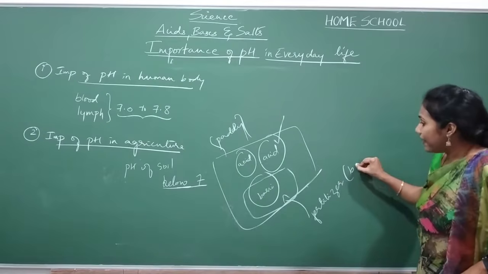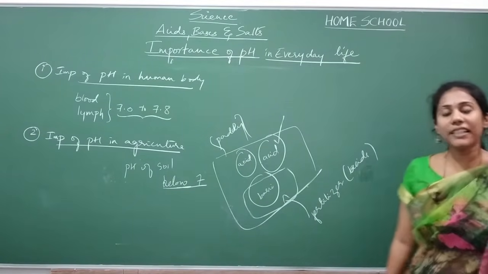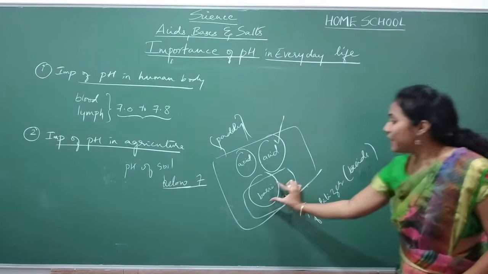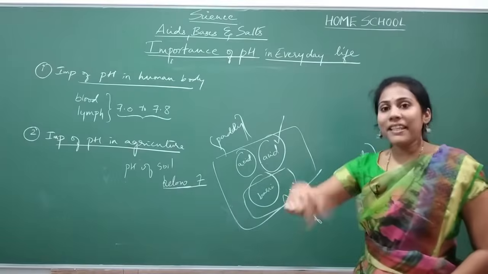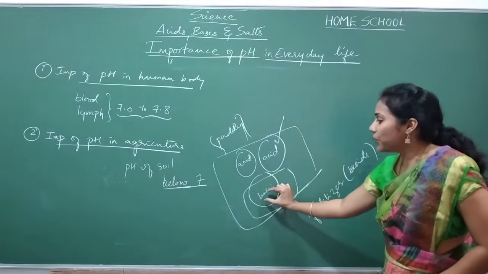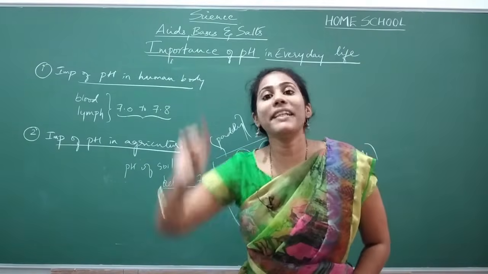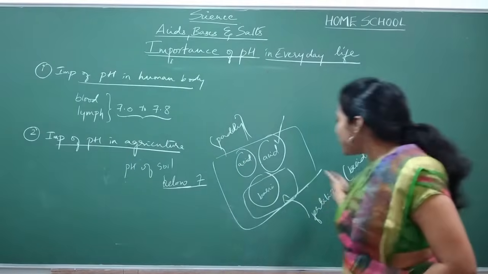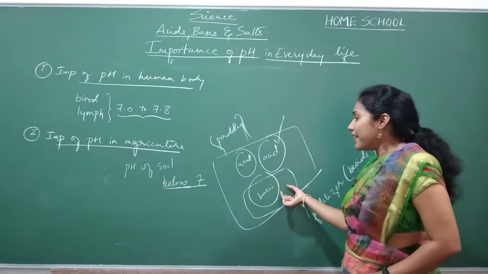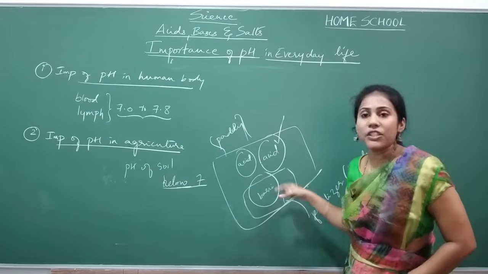You will add the fertilizers that contain acids. So when acids are added to this base, the pH will become neutral. When more acid is added, it becomes neutral, and then the soil can become a little acidic. So that way you are making the soil become acidic, and you can nicely grow the paddy plantation whichever you want.